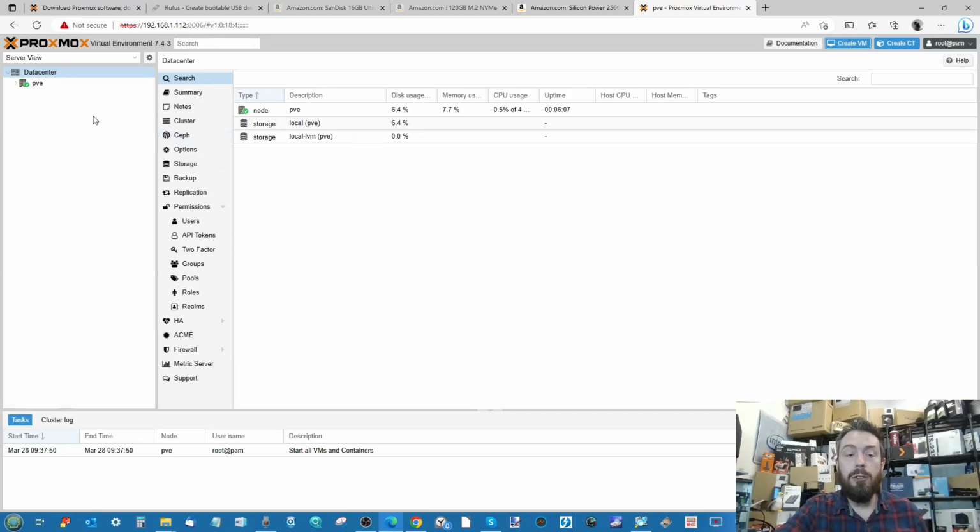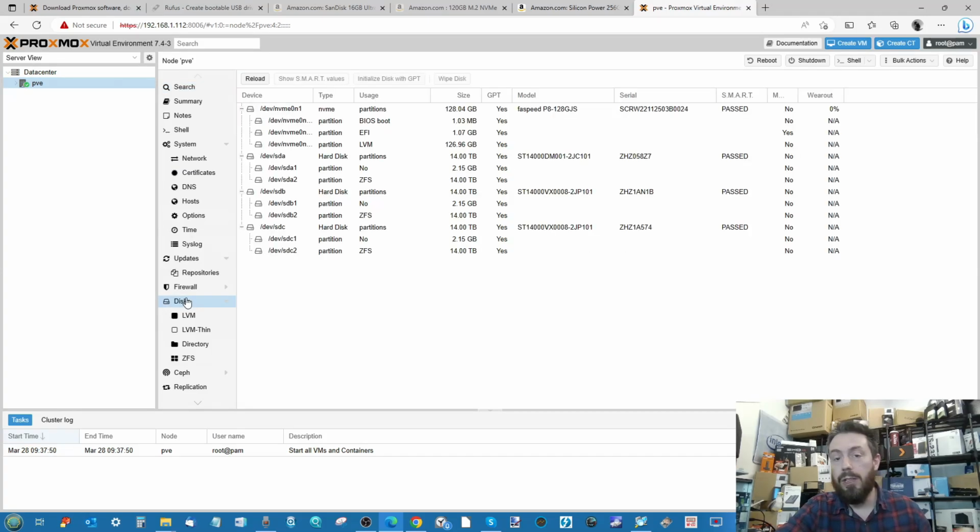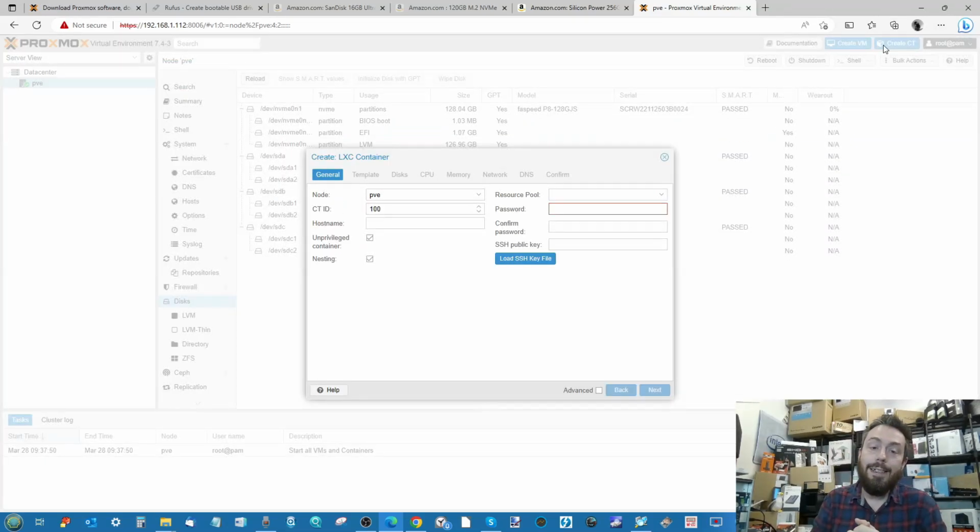If you want to go to the trouble of adding those additional drives that are inside to select VMs, you would head into the PVE settings here and start going through the disk options in order to start adding some of those connected drives that are within the TerraMaster NAS system. There's some of my 14 TBs that I've attached inside the TerraMaster. There's lots of things you can do there, and if you choose, you can go ahead and create a container instead to have all of those individual applications installed there.